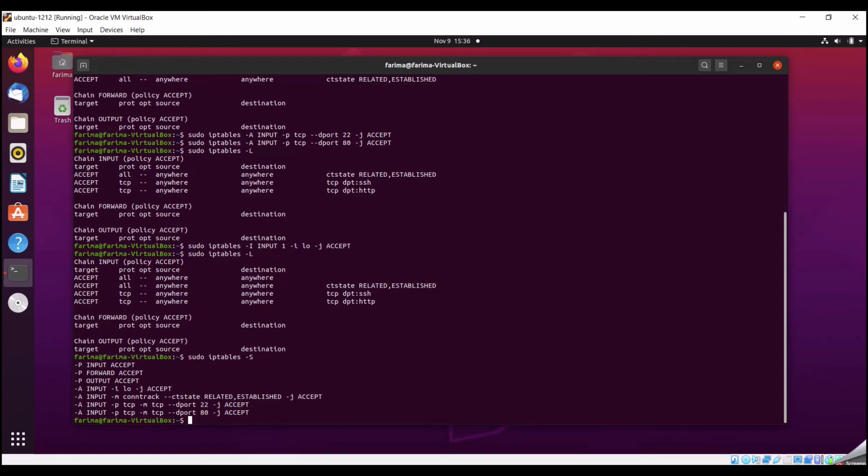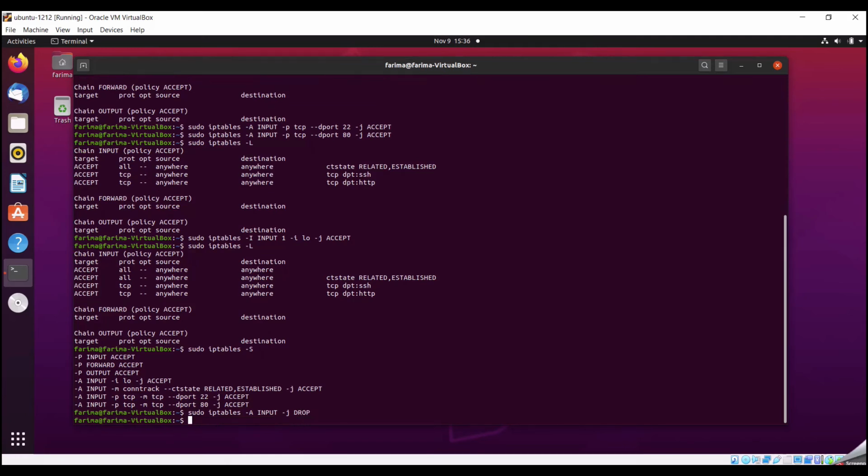It doesn't allow us to go into the policy of that input chain for investigating whether we want to keep this packet or not. For example, here, if I'm typing sudo iptables -A INPUT -j DROP, and then iptables -L,